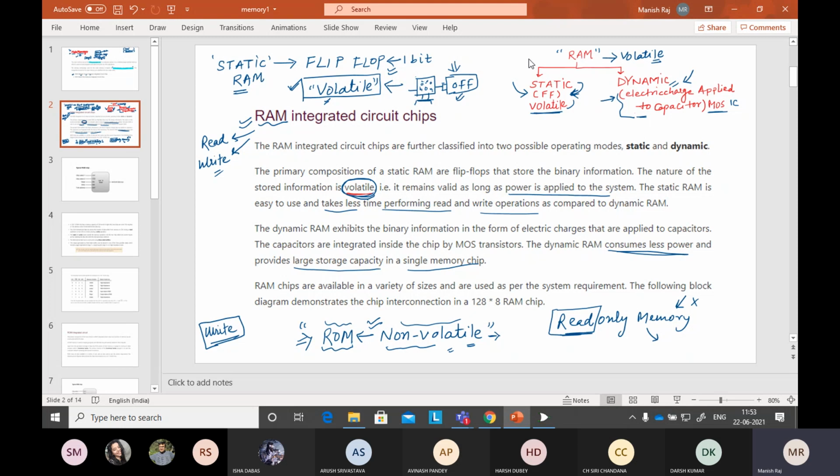Main memory is divided into two parts, RAM and ROM, and RAM is also further divided into two parts, that is the static and the dynamic. In further classes, we will divide this static and dynamic into other parts, but for the introduction, I am dividing here only into two parts. So is this part clear to you? Yes or no? Just tell me. Then I will go for the architecture of the RAM.